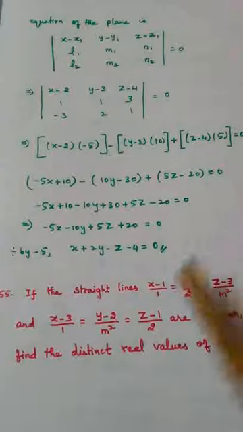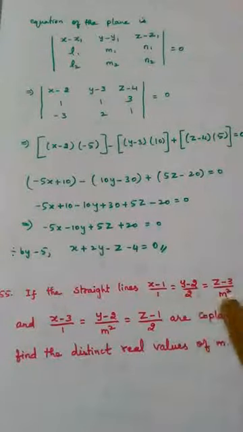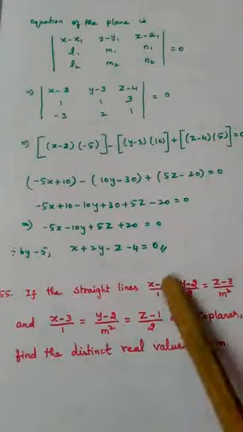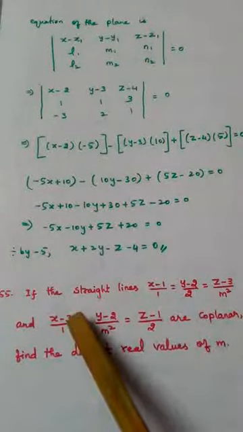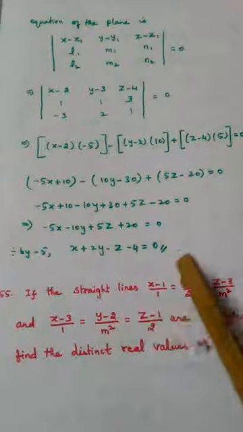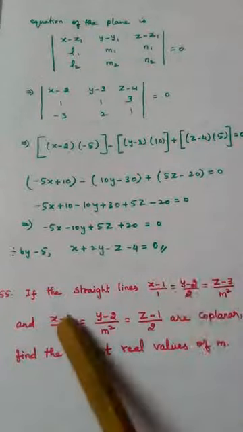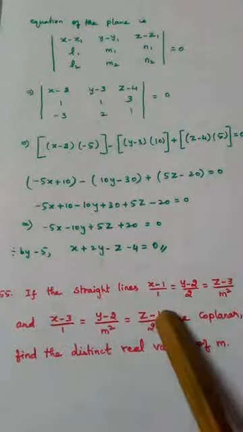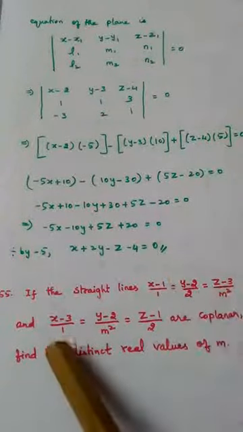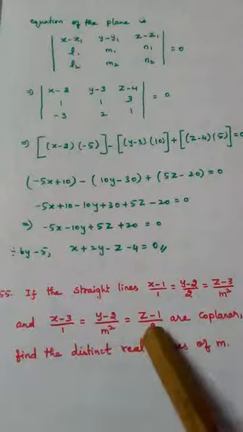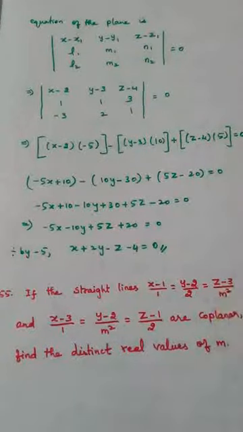Now children, by just seeing the first line, tell the point on the first line. 1, 2, 3, right? Similarly, the point on the second line: 3, 2, 1. So that is x1, y1, z1. This is x2, y2, z2. What is L1, M1, N1? 1, 2, m square. What is L2, M2, N2? 1, m square, 2, right? So all these things that I told now, I am going to write as the first step of the answer.